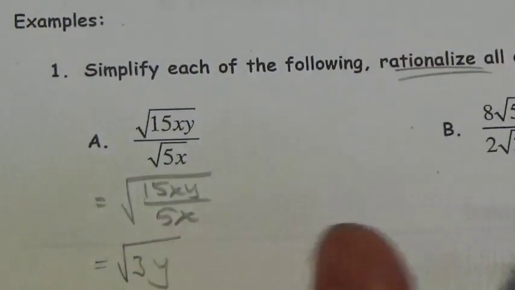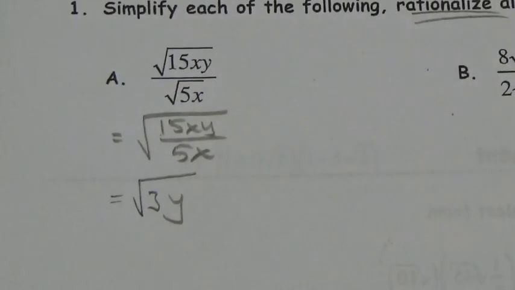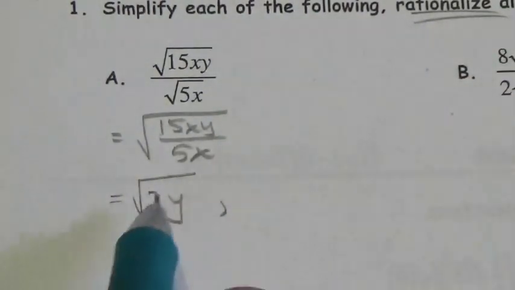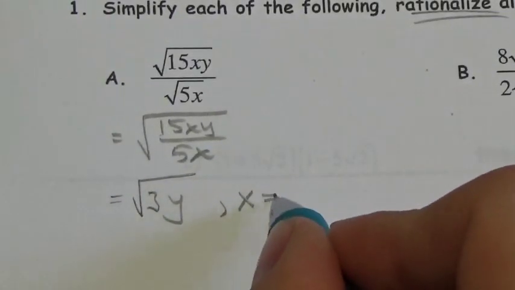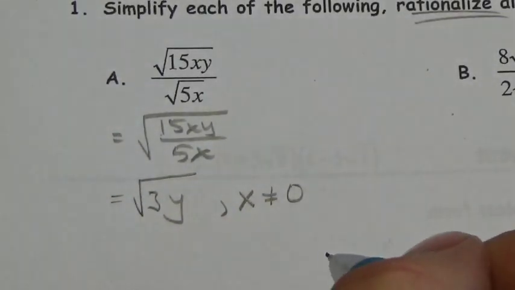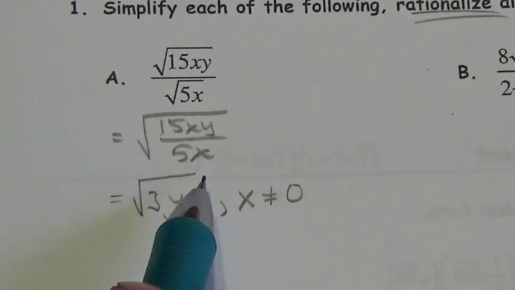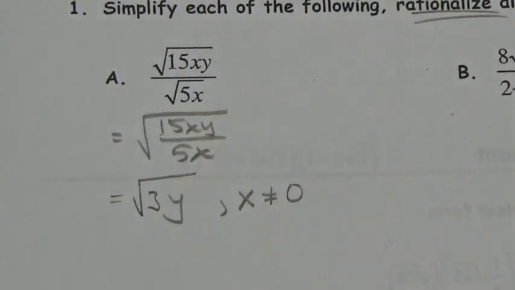Now, I am going to throw one other little thing in here with this problem, and I feel sort of obliged to do this. It kind of depends on the order that you've taken this course in, whether this concept has come out significantly or not. But I canceled those x's here. Notice that the x's are completely gone. I am only allowed to do that if x is not equal to 0. If x is equal to 0, then I actually can't cancel that. X divided by x, 0 divided by 0 is not 1. That's an undefined